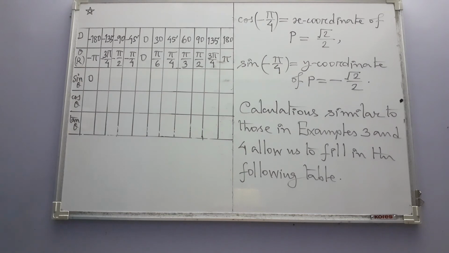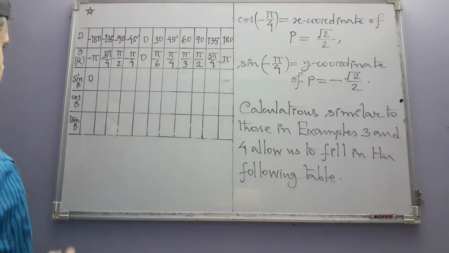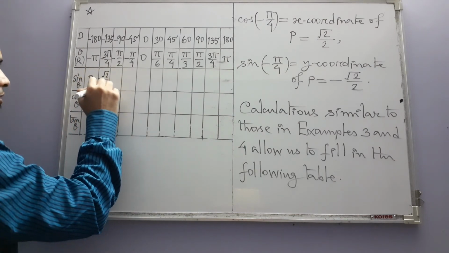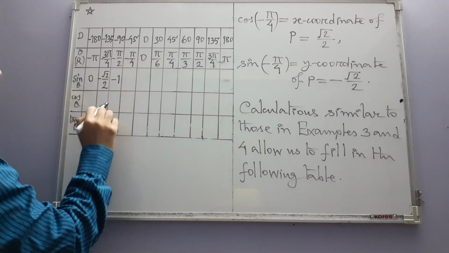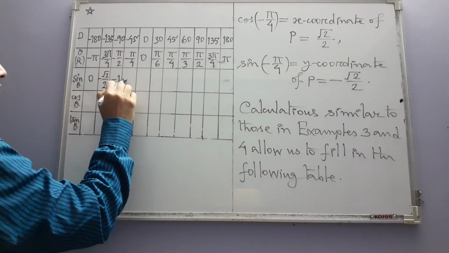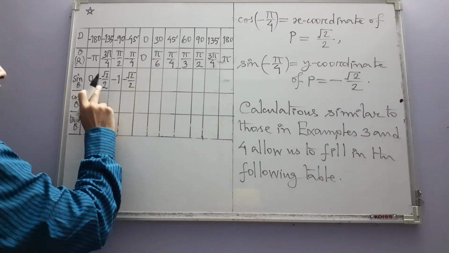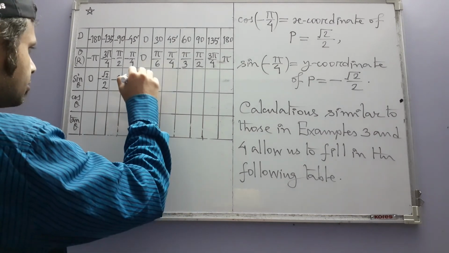0, this one will be minus square root of 2 divided by 2. This one is minus 1. This one is minus square root of 2 divided by 2, these two are the same. And then 0,